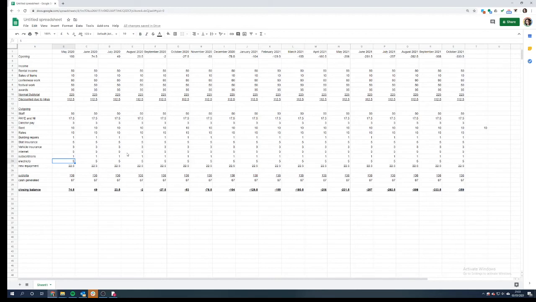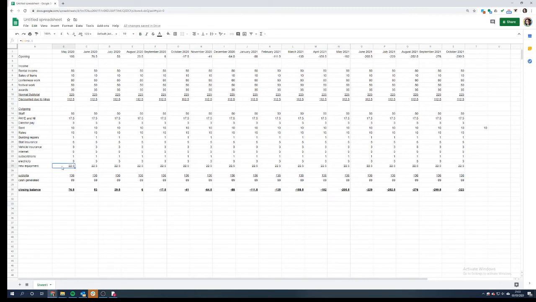Electricity, well, you're going to be using less electricity. How much less? Who knows? But you might be really disciplined on making sure you turn stuff off when you don't need it. You might not run 3 freezers, you might run 1, whatever. Let's drop that down to 3 as well. Spread that across. Now we're at minus 323.